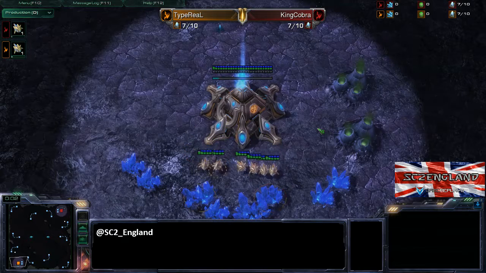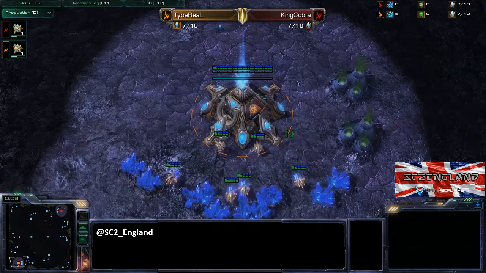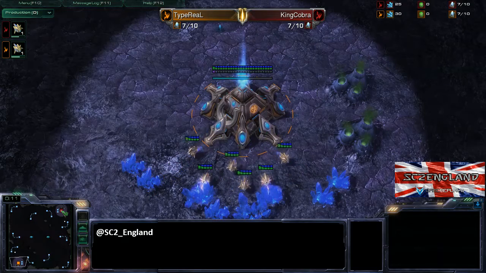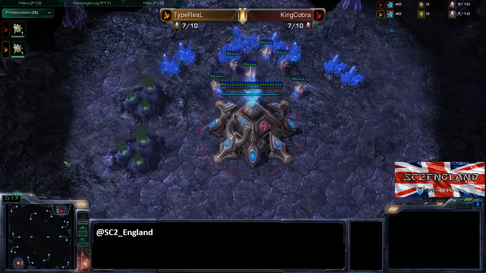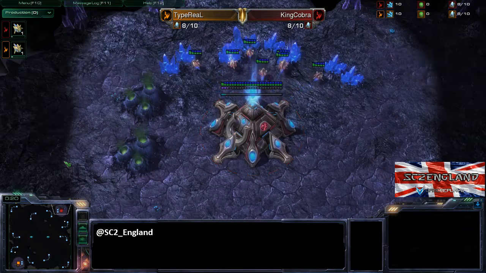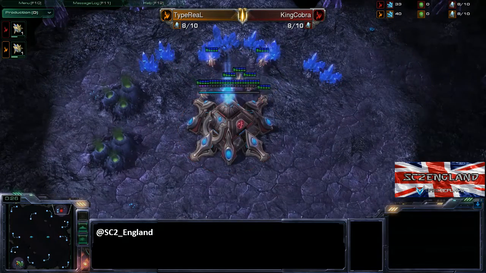Today I have got game 1 of a best of 3. It is between TypeReaL, who is the orange Protoss player in the lower left position, and KingCobra, who is the red Protoss player in the top right. Now, as I said, this is game 1 of a best of 3. It is from the Zotac Cup, and as those of you who are more observant will have noticed, it is